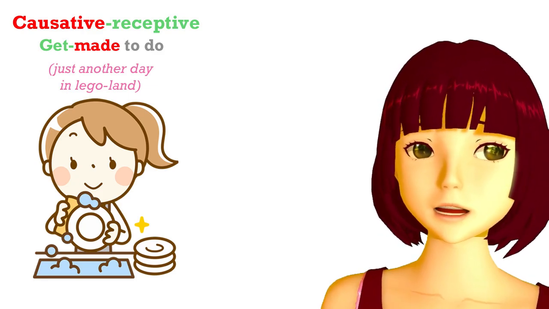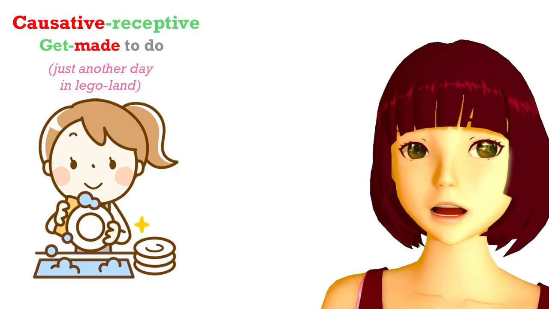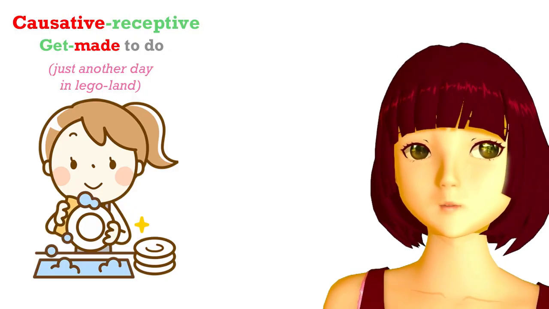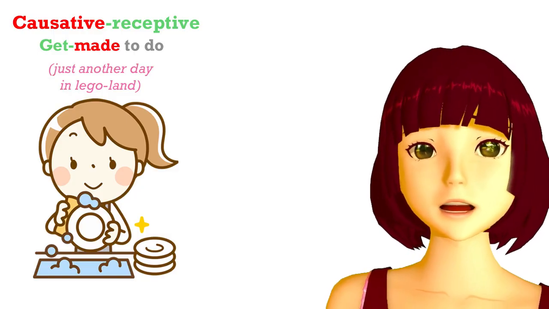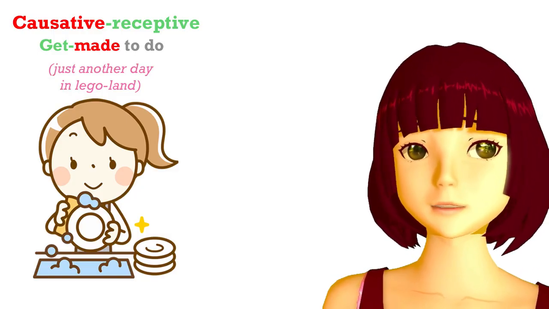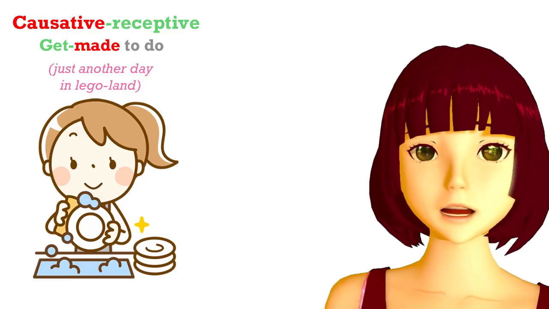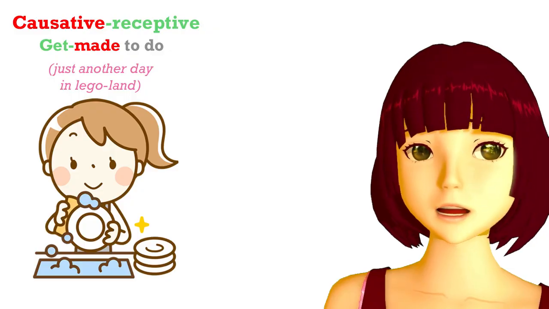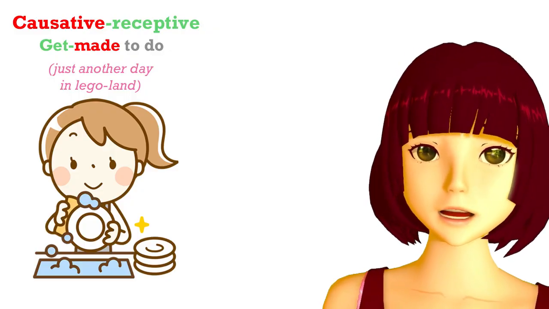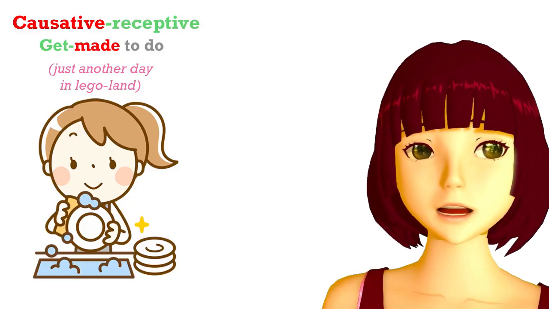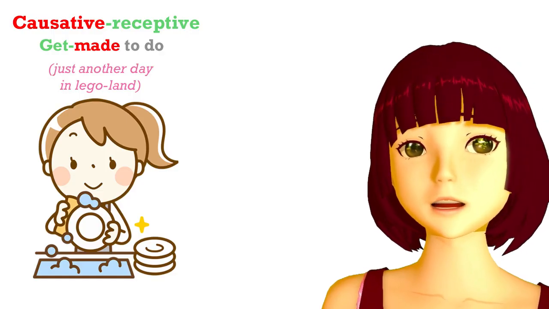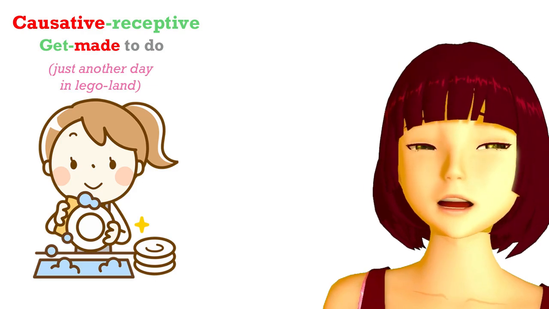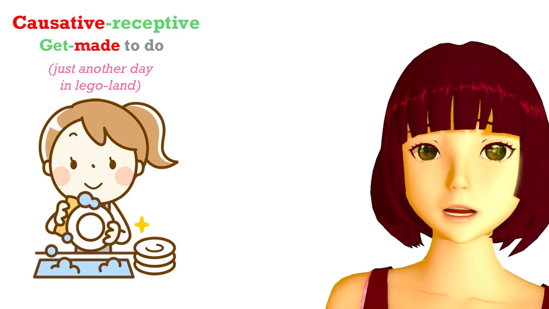We know that helper verbs are simply verbs. They attach to other verbs, but they are verbs in their own right. If we don't understand this, everything becomes very difficult. Now also, the main structural helper verbs, like the causative, the potential, and the receptive, are ichidan verbs. So if we need to attach anything else to them, we simply do what we do with every other ichidan verb. We take off the ru and attach whatever it is we're going to attach.